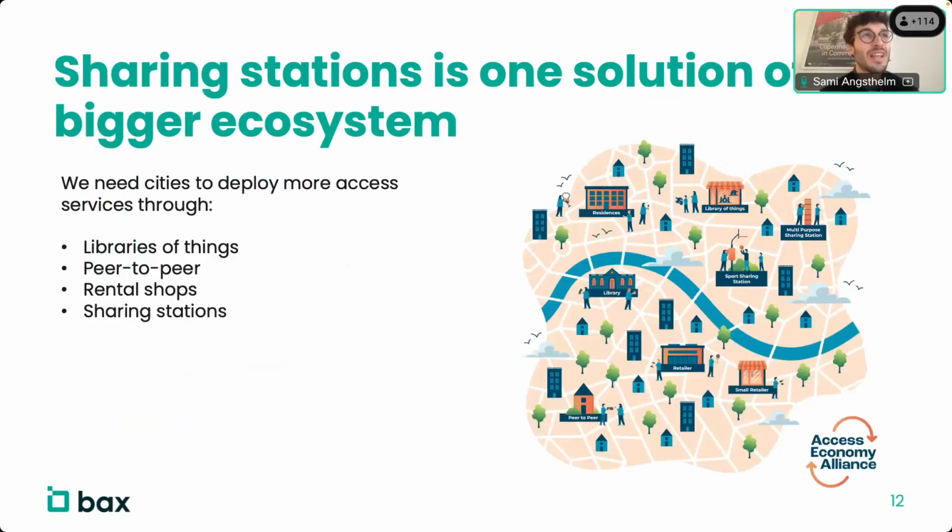And I will finish on this last slide. I think it is important. I would really like to reemphasize that the sharing stations is one solution, part of a bigger ecosystem, right? And so if we really want to move towards more sharing and access, we need cities to facilitate the deployments of all of those kinds of services, because they all bring a different value to the ecosystems. They all have pros and cons, but all together, that's actually where the entire user experience of the access economy becomes really good. So it's really important to look at it from a network point of view, an ecosystem point